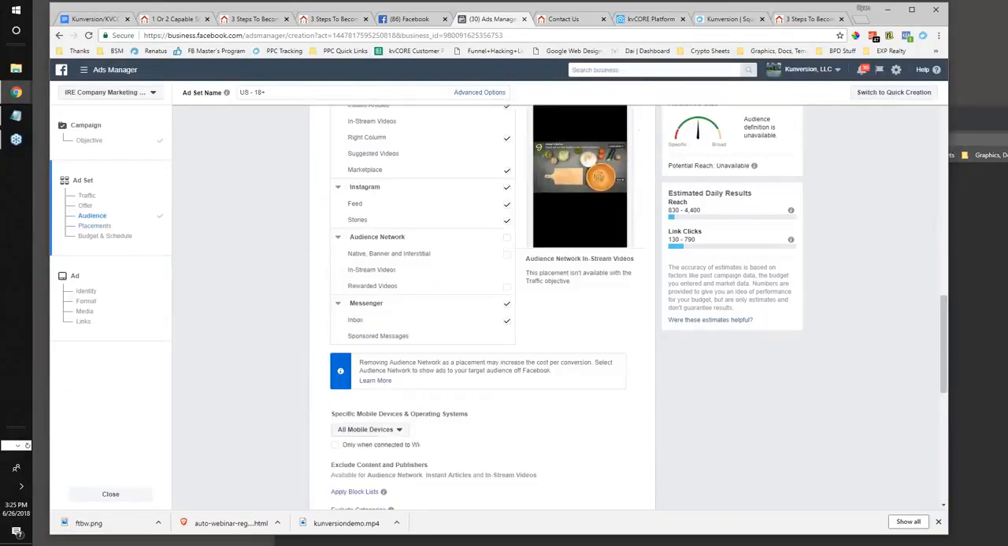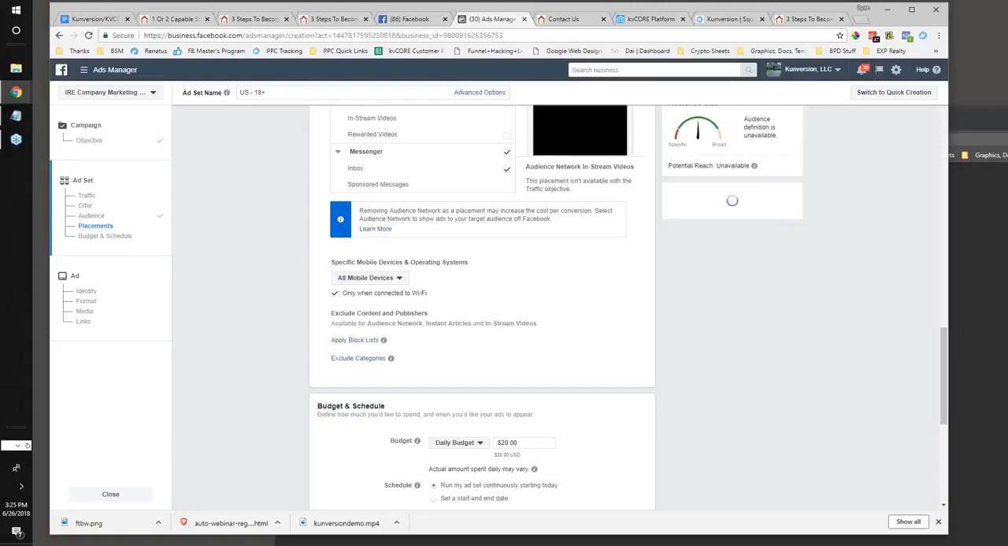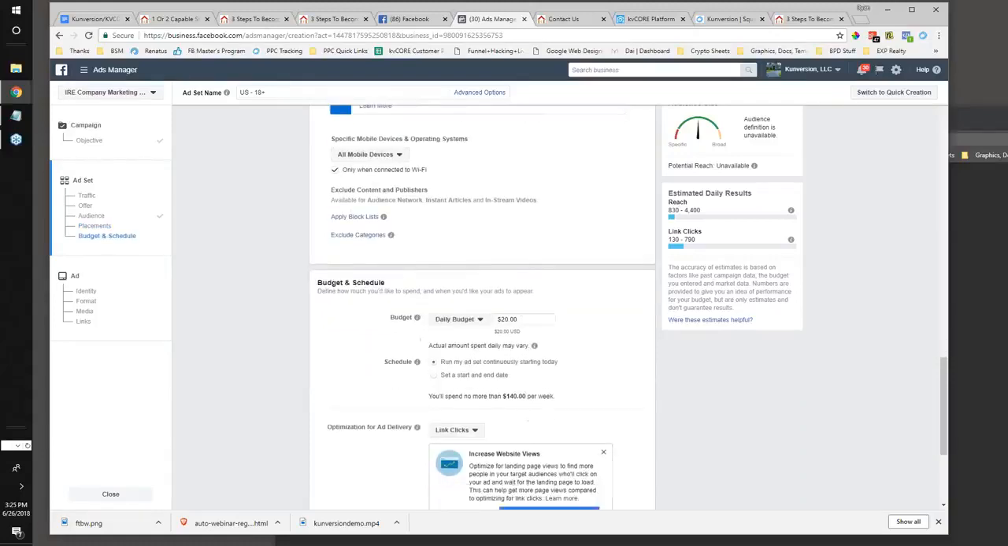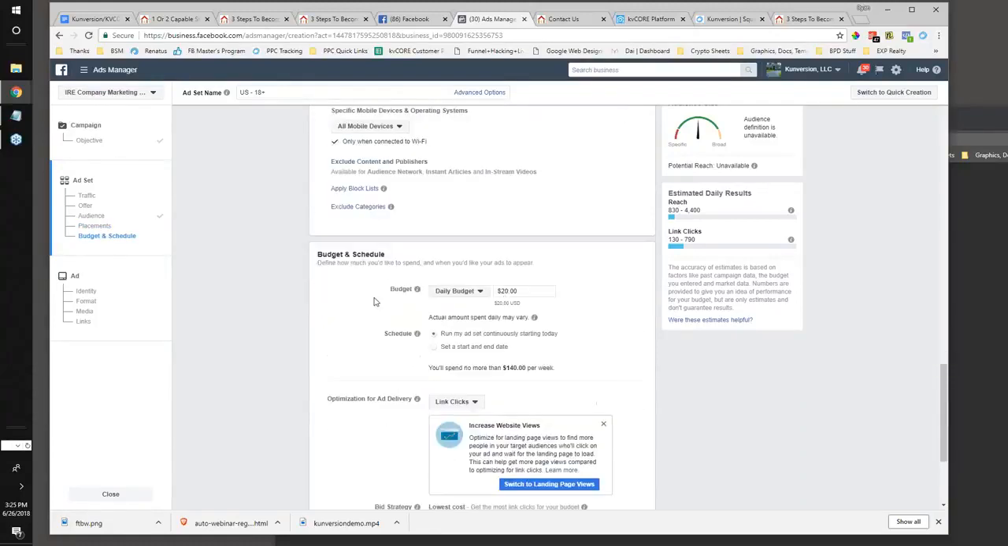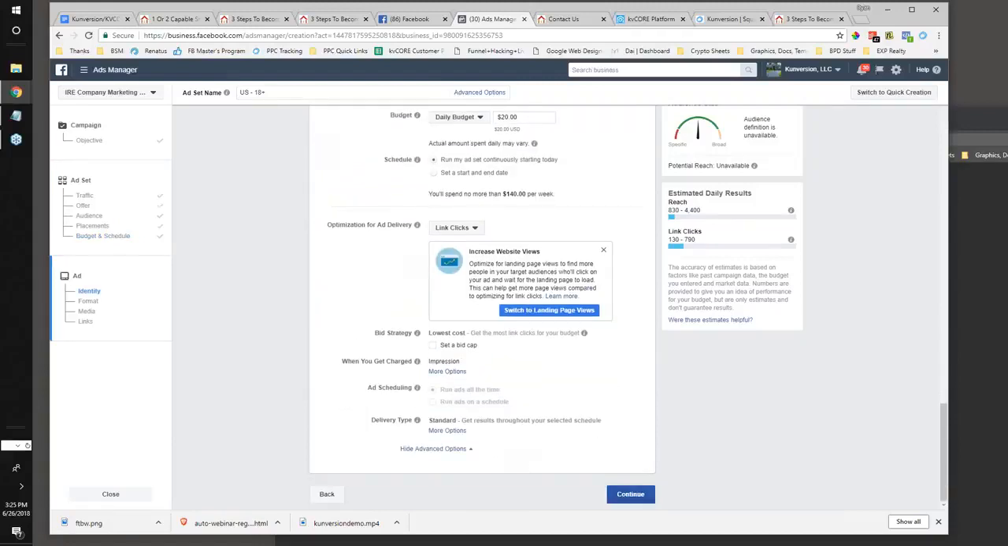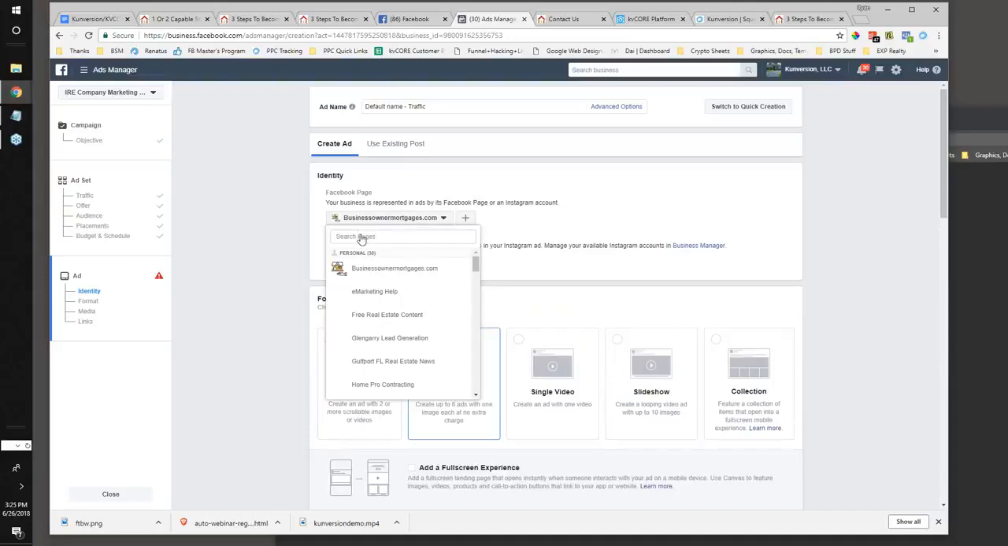You might also want to test certain devices against each other. So maybe just Android, just iPhone, and only one connected to Wi-Fi. It also isn't a bad idea, so you only get people who are kind of sitting around watching TV at home on a good internet connection. And then you set your daily budget. Okay, and then I have